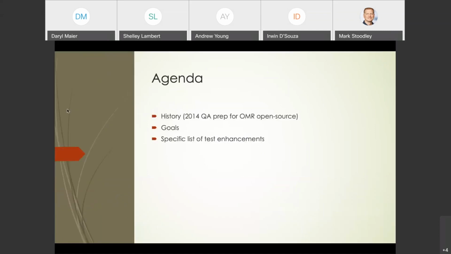Trying to quickly cover just a bit of the background of the QA prep work that happened as the OMR project was open sourced. Then, what I think the goals of a QA effort in this open project are, in my opinion. Hopefully everyone agrees or at least has some input and feedback. And then a specific list of things that I'd like to get to in 2020, and it's a pretty modest list because the